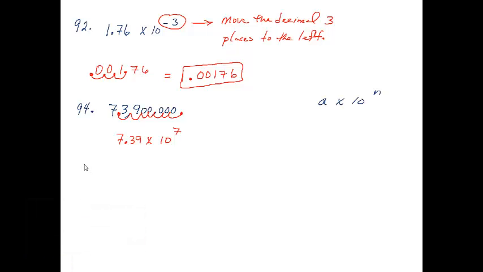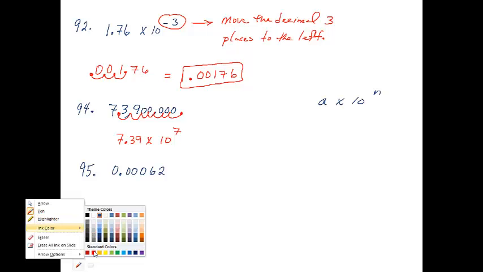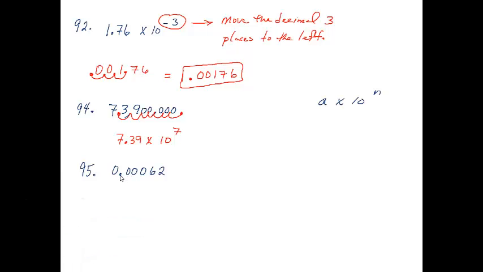Number 95. Again, same instructions. Write each number in scientific notation. I have 0.0, there's 3 zeros, 0.00062. And they would like us to write this in scientific notation. Well, again, the rule is to move the decimal place until you only have a digit in your ones place. So let's do this. 1, 2, 3, 4. And stop, because all these zeros don't mean anything. I have the 6 now, so this is 6.2